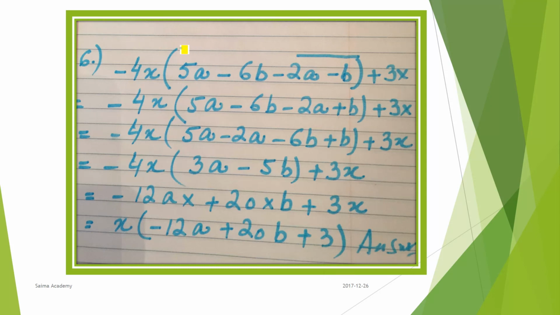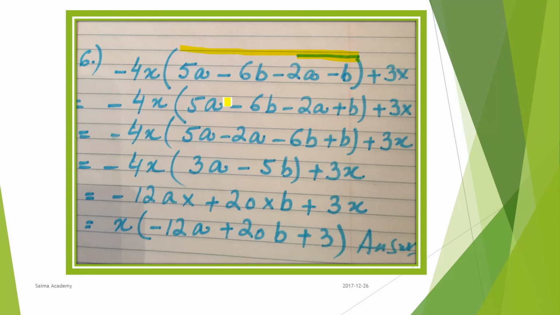Suppose the bar line is on top of this whole expression. How will you remove this bar line? Make this minus, it will be plus, and this is plus. Because all are minus, everything will be plus then. Remove, we solved it. But here we have it only on this portion, so we changed only this part to plus. Remaining is minus. Now you have to multiply minus 4x.